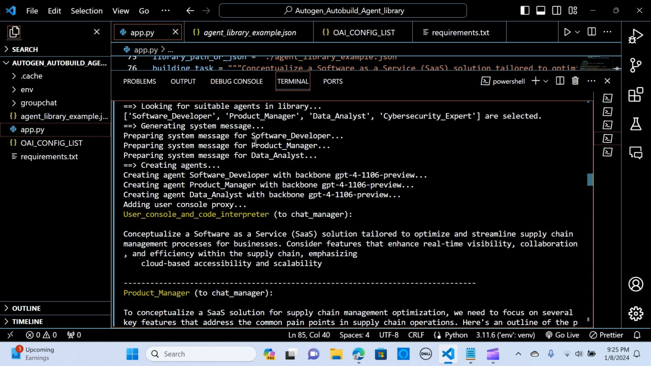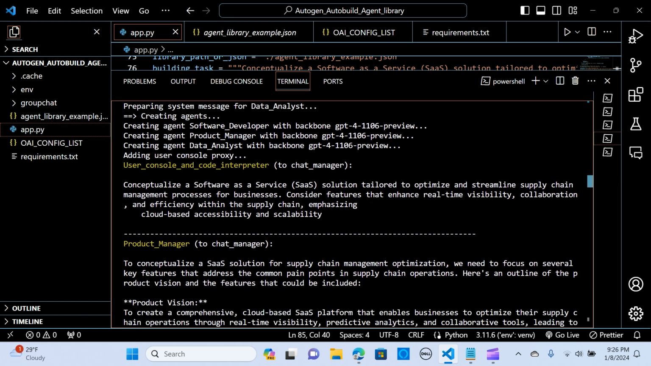All right, so it's preparing the software developer, the project manager, and the data analyst. So it's creating the software developer agent with the model, and now it's adding the user console proxy to the manager. So it's passing the